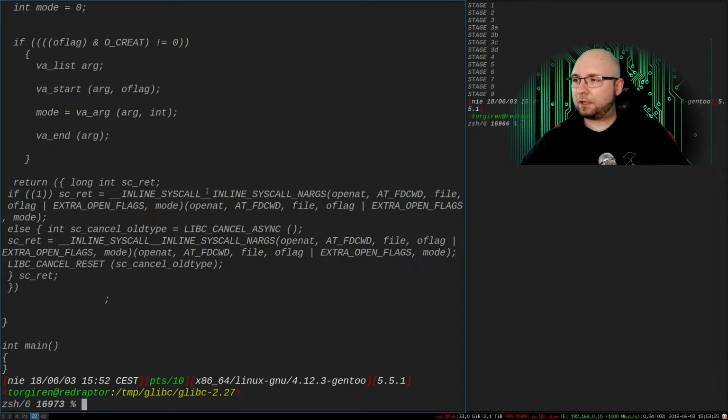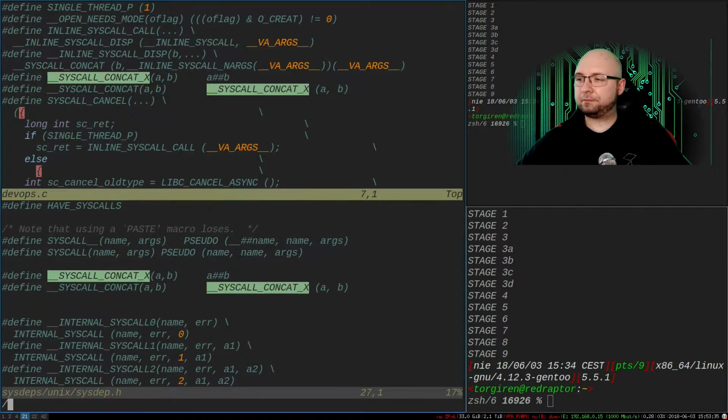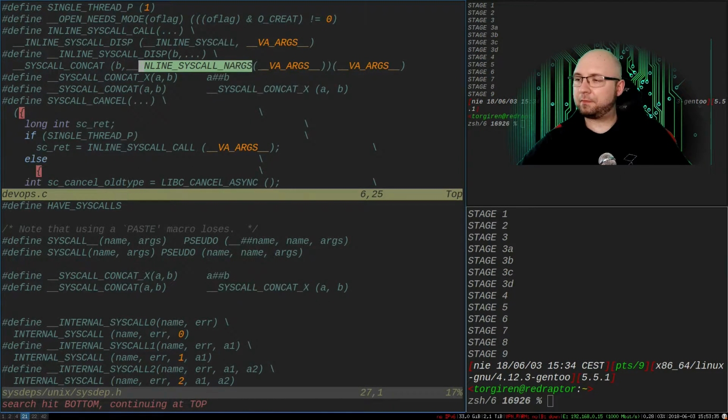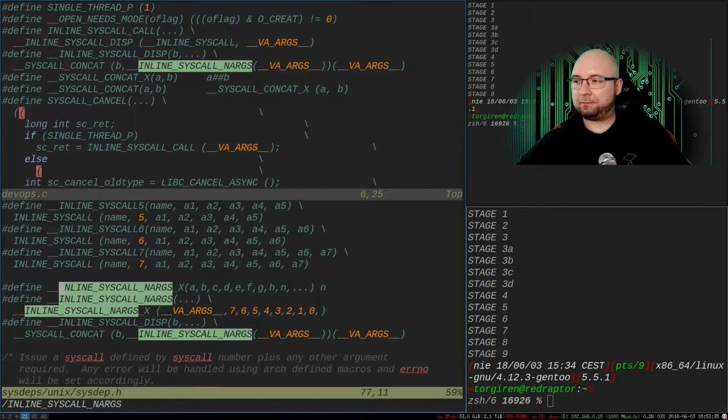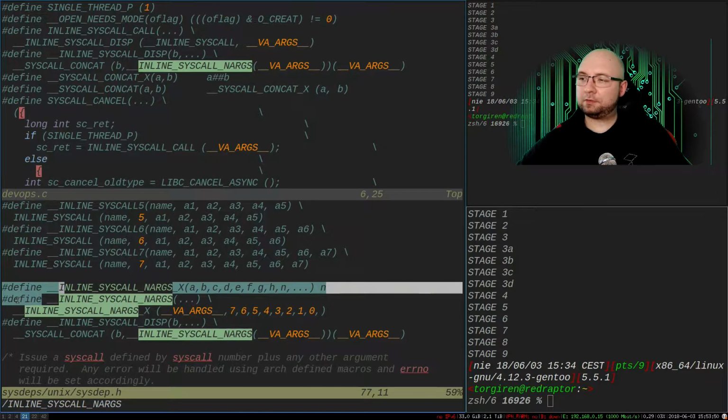So let's look at the INLINE_SYSCALL_NCS and args. Yeah, it's here. It will use INLINE_SYSCALL and x, and this code